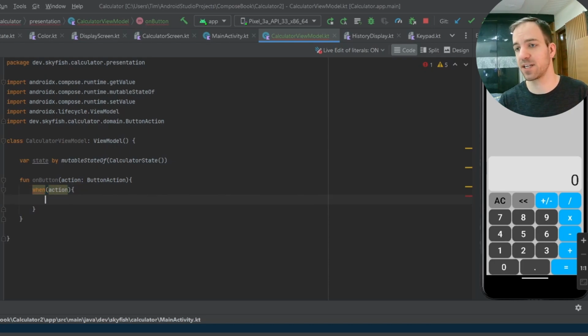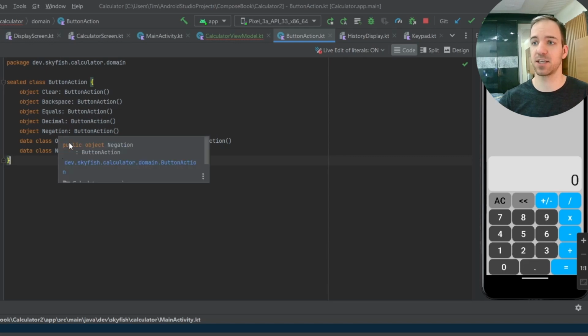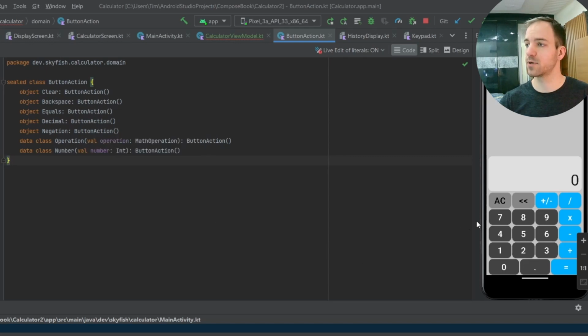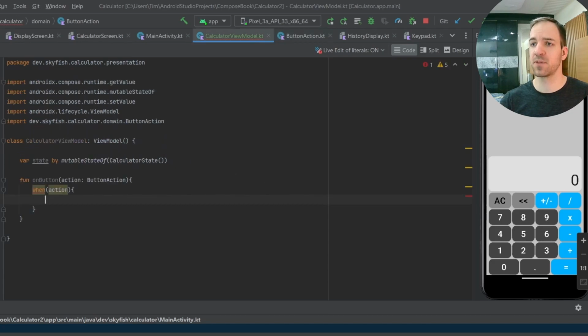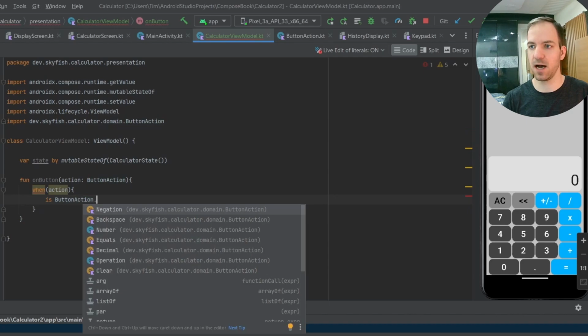And then in here, we need to exhaust all the possibilities of button action. So if you remember in our button action class, we have clear, backspace, equals, decimal, negation, operation, and then number. Pretty much any possibility for a button that we can press on our keyboard. So in our when statement, we need each of those possibilities. So is button action dot,